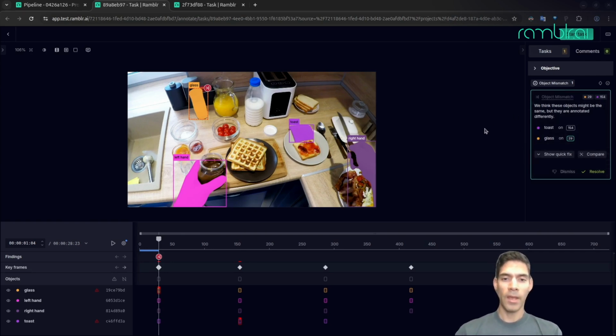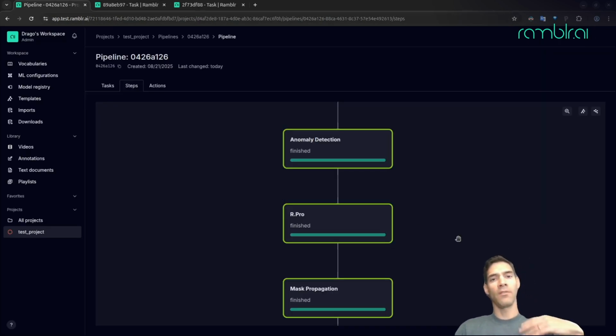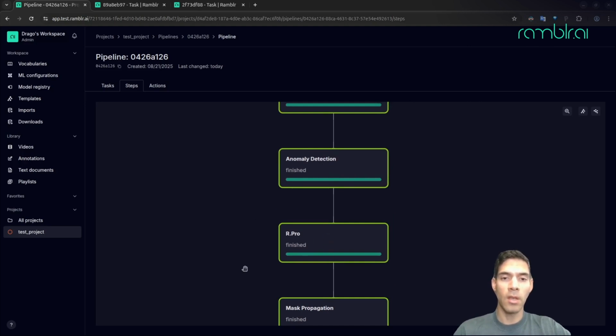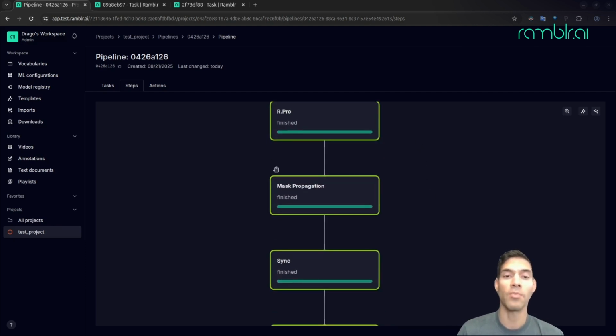Now, as I mentioned, this is at the keyframe level, but we also have a further anomaly detection step in the pipeline. So again, we did the anomaly detection, then you have a chance to correct the mistakes. This step is skipped if there are no mistakes, and it goes straight into mask propagation, right? Because this is what we want. We don't want masks in just these few frames that we annotated. We want masks throughout the entire